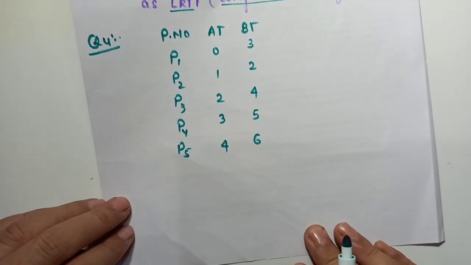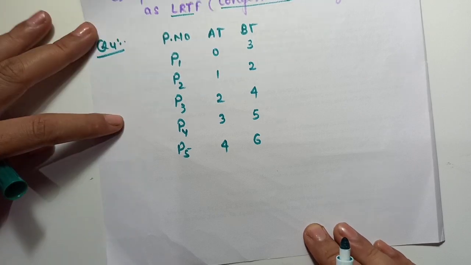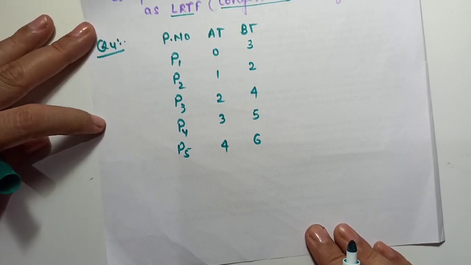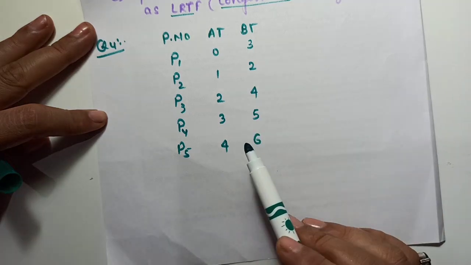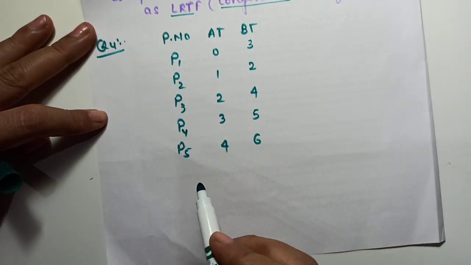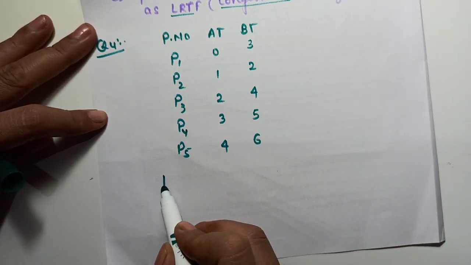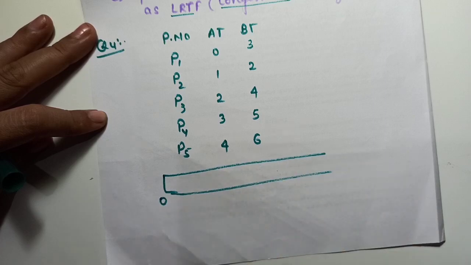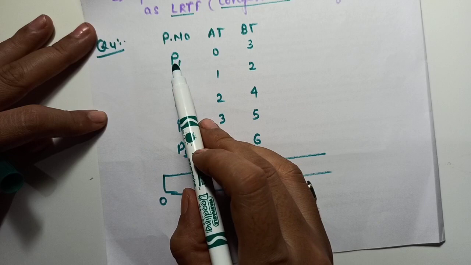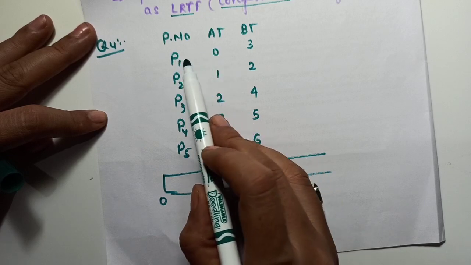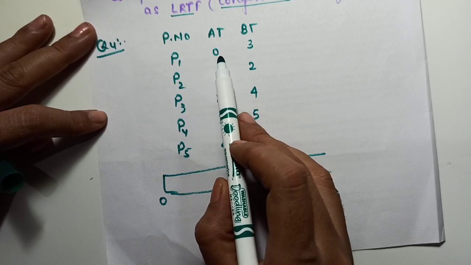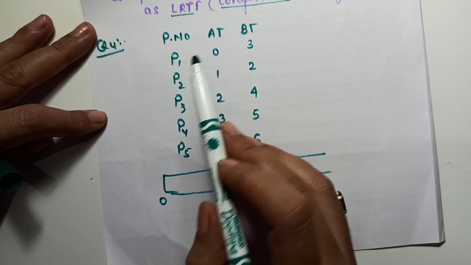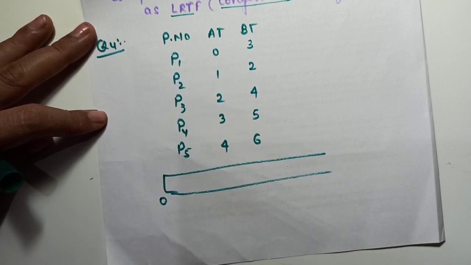This is the scenario that is given, and we will understand LJF using this. Here the process number, arrival time and burst time are given. Let's make the Gantt chart and schedule these processes to the CPU. At time 0, which process do we have? Only process P1 is there in the ready queue. P1 arrived at time 0, so it is the only process. The short term scheduler doesn't have to take any other decision, it will take process P1 and assign it to the CPU.